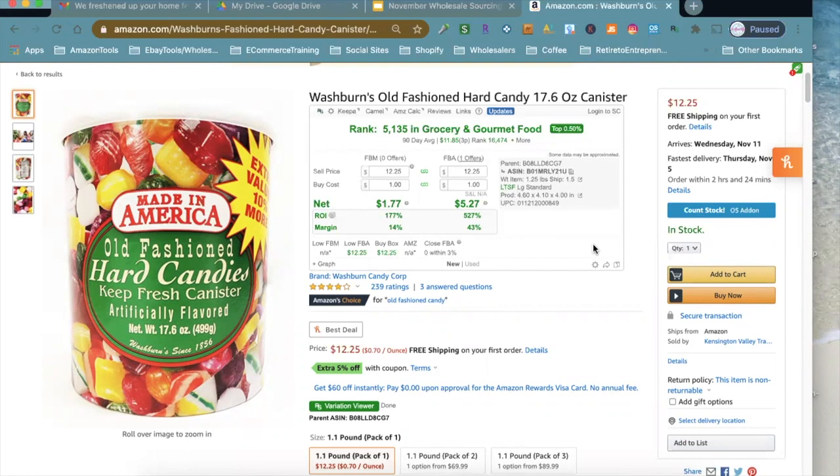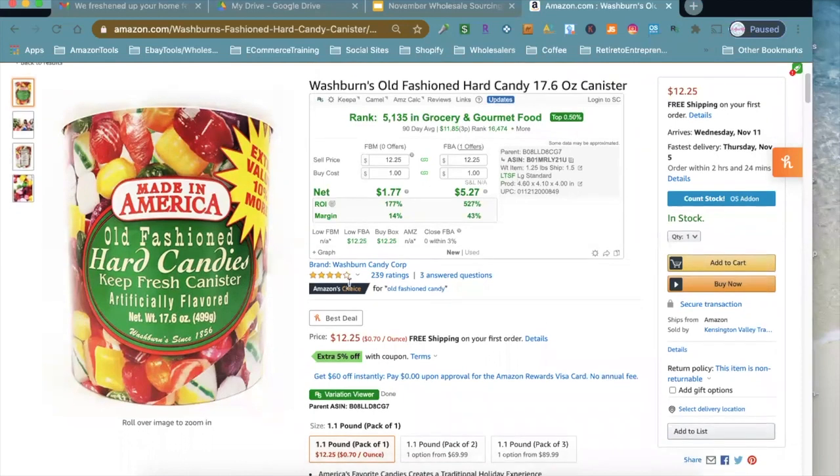And Dollar General used to have it too. I don't know if they still have it. And if you want to go deeper, the brand is right here, Washburn Candy Corp. Okay, so that's 3 different ways that you can get the item. But again, this tool here validates that the item is already selling.